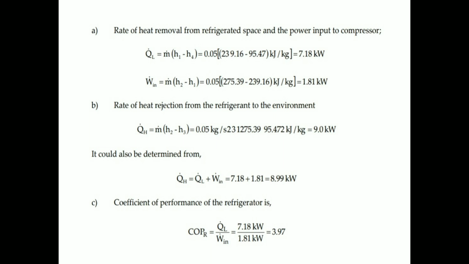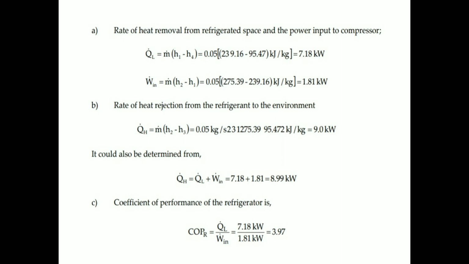And if you want to find how much power input is required to run the compressor, actually we need this value to find COP. So the power input is equal to m dot times H2 minus H1. This is the amount of work given to the compressor to compress the refrigerant. And we know the work input is H2 minus H1. Here we have to find the power, so we are multiplying with the mass flow rate, and we have the answer